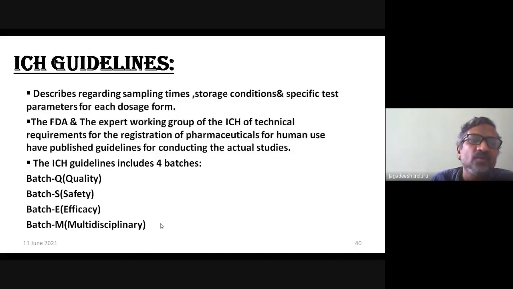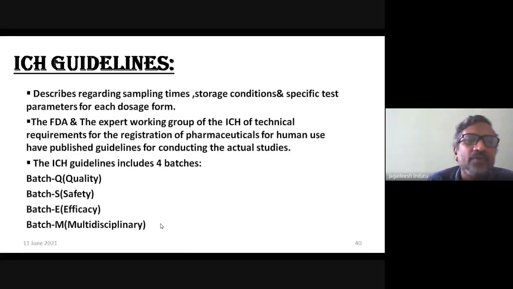They include 4 types of guidelines. This is an extension of your learning, for your MBA purpose, you can say. Even though it is not in your syllabus curriculum for stability, in GPAT they will be asking you. Most of the time, what will happen in the stability when you are making the guidelines of your ICH,